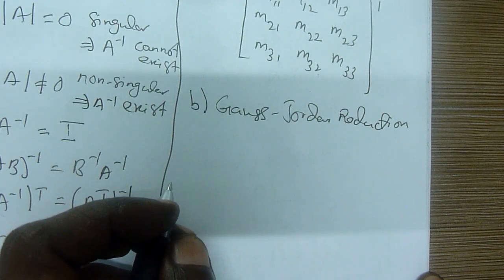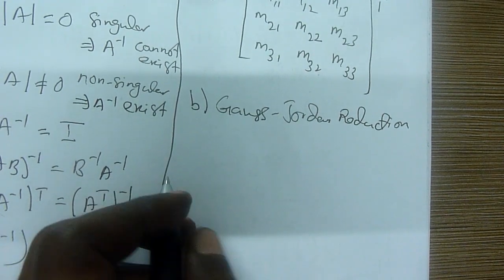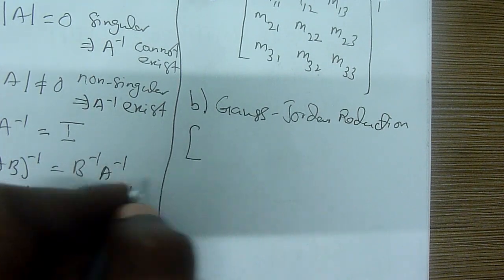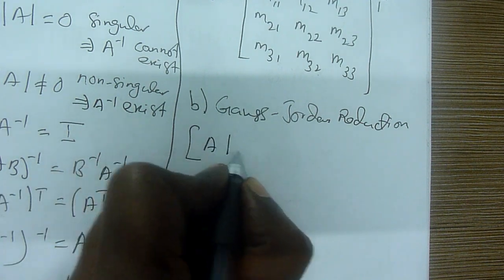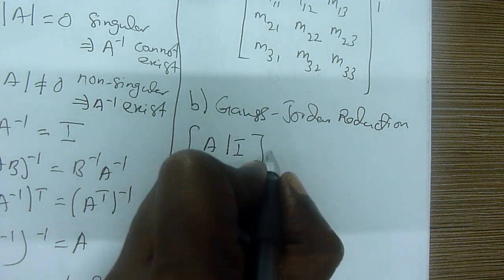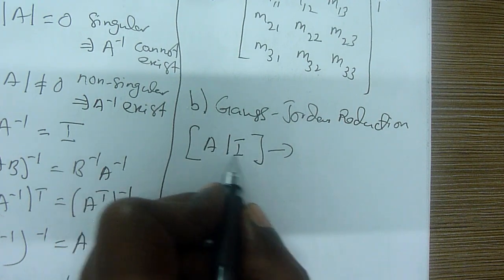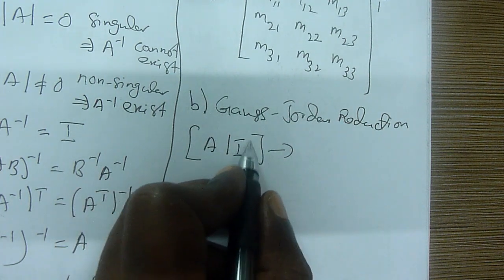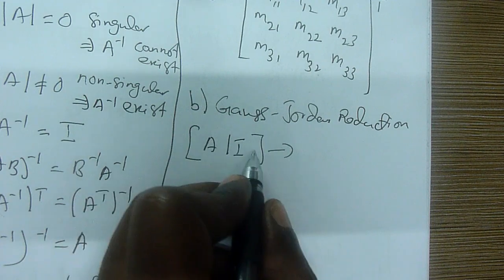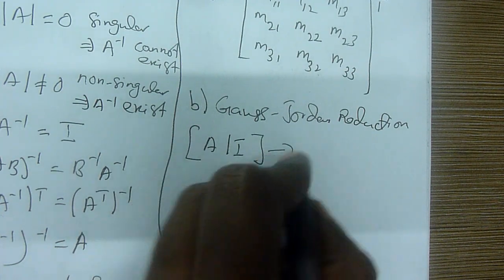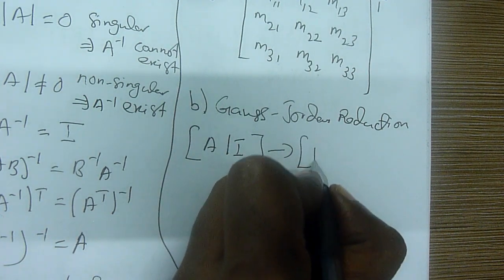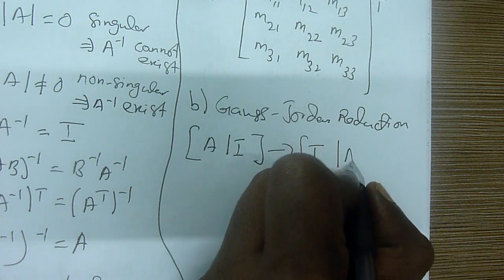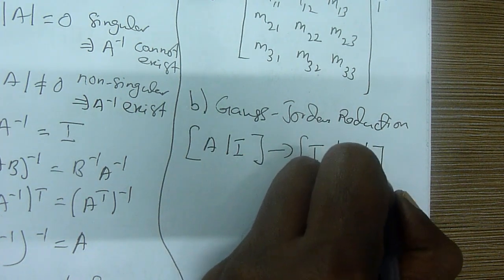Okay, we call this Gauss-Jordan reduction. You can find the inverse of the whole thing similar to the example I just showed you. You just change the identity to the matrix, exchanging the identity to the matrix, and you will get the inverse. Here is A, and you will get the inverse of this.